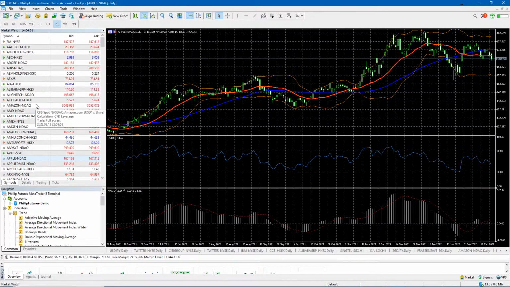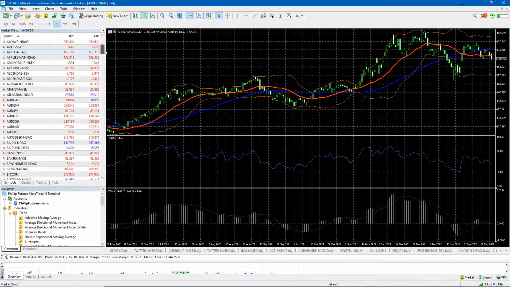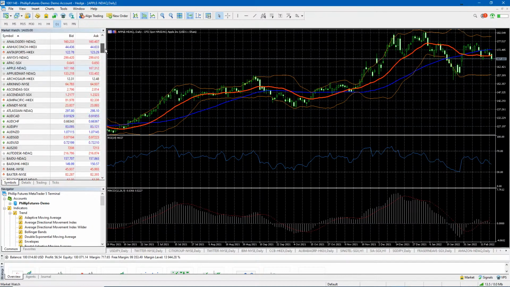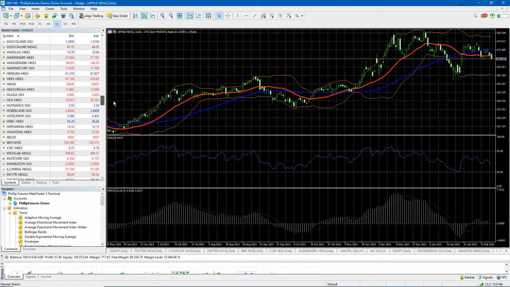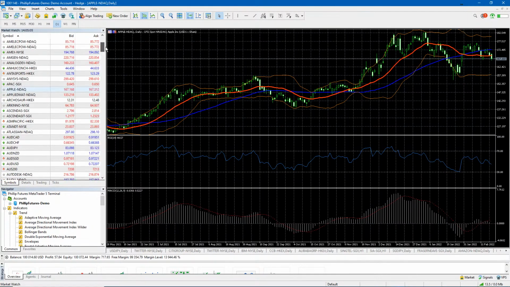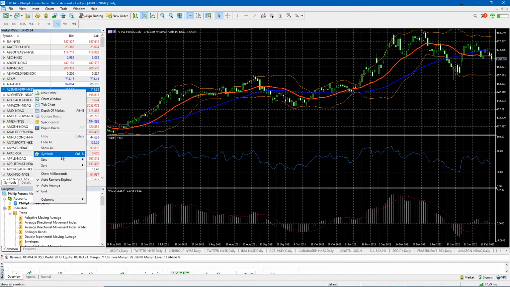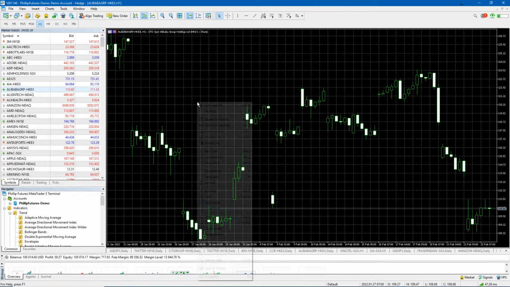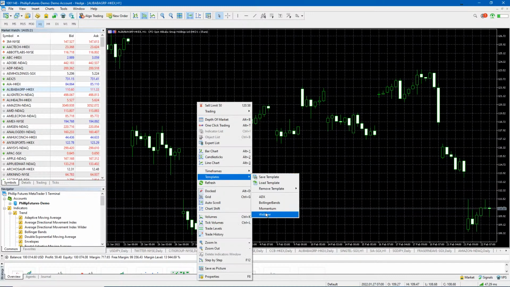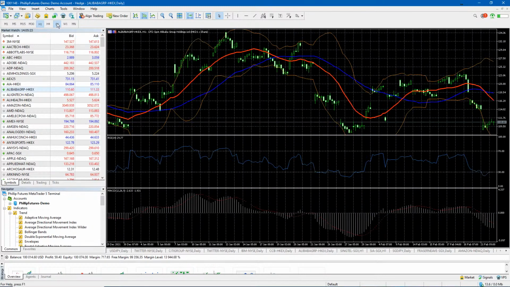Okay, for another one, Alibaba. Is Alibaba Hong Kong or US? I expect it to be Hong Kong, right? Do we have Alibaba? Probably Hong Kong. Yes, Hong Kong Exchange. Alibaba Hong Kong, and we have got it here. No problem. Chart window, and my favorite template for the webinar. And one day,